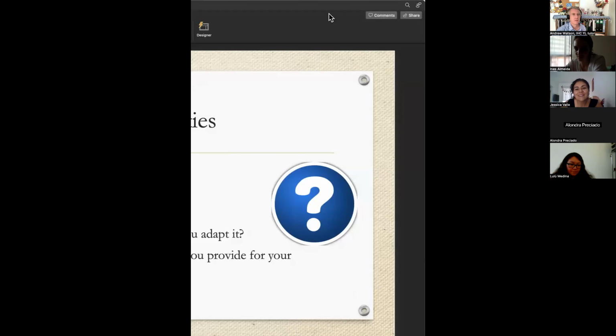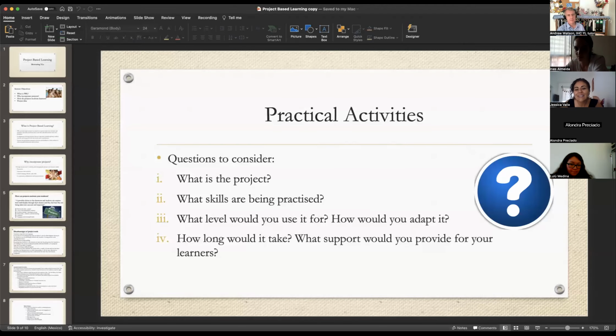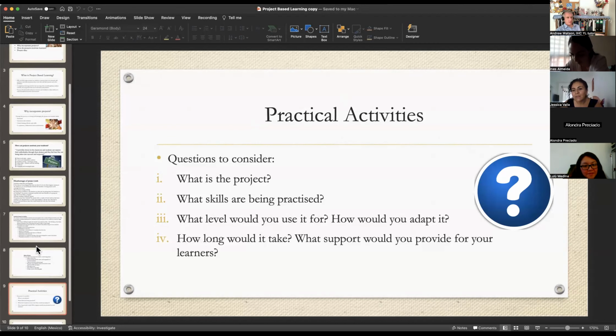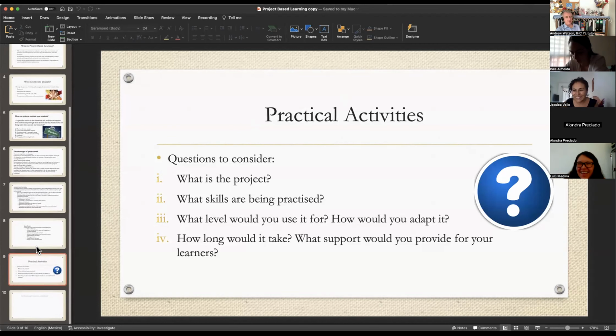Okay. So, well, the project that Lulu and I were creating is about Guelaguetza. And okay, the skills that we are, okay, help me. I'm going to help you in this one. You're going to practice